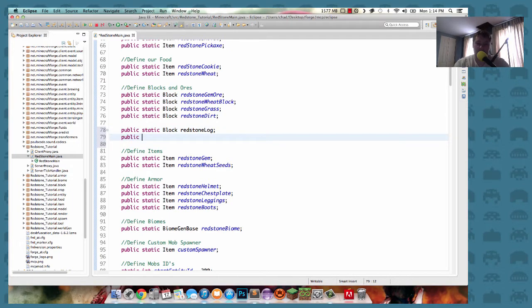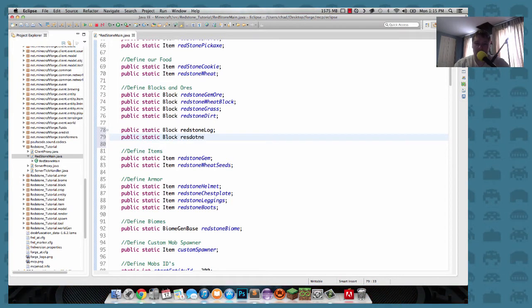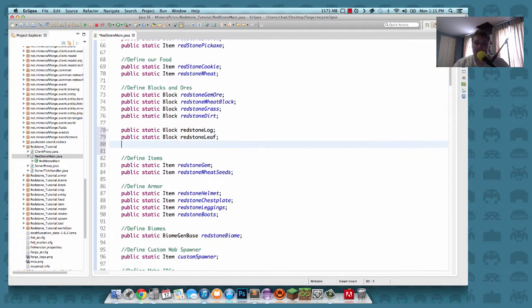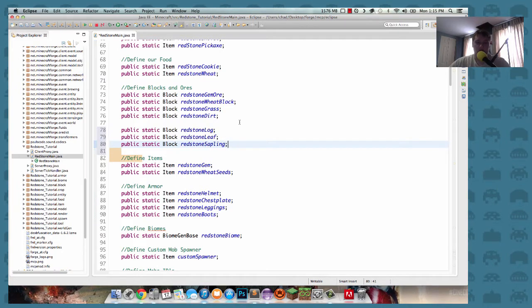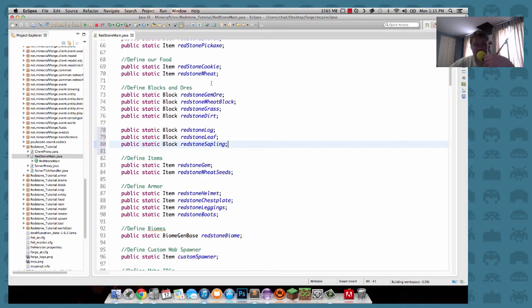Public static Block redstoneLeaf, and public static Block redstoneSapling. Okay, so this first part is basically just like normal stuff, declaring our blocks,